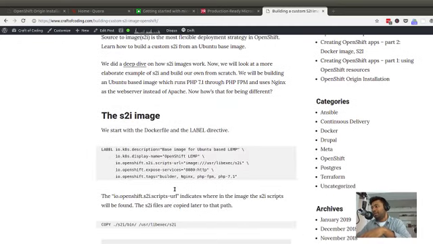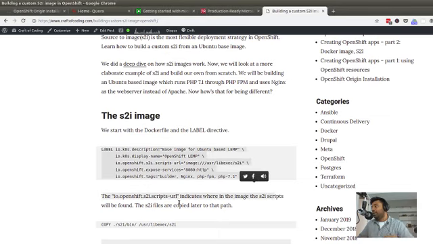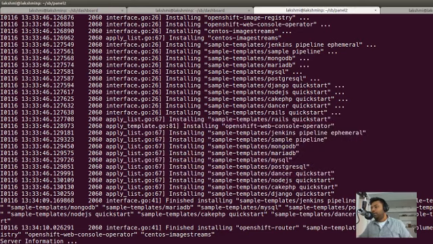So most of the images in OpenShift, they are either Red Hat or some related distribution like CentOS. So I just wanted to do this a bit differently. So we'll be walking through how to build this base image and then test it locally. And we'll import this image into our OpenShift cluster. So I'm running a Minishift cluster over here on my local. So we'll be importing the image into this Minishift cluster, and then we'll be building a new app out of